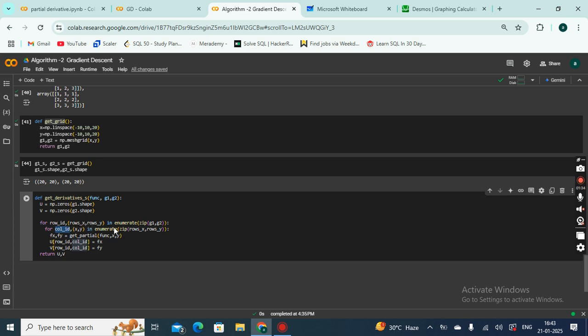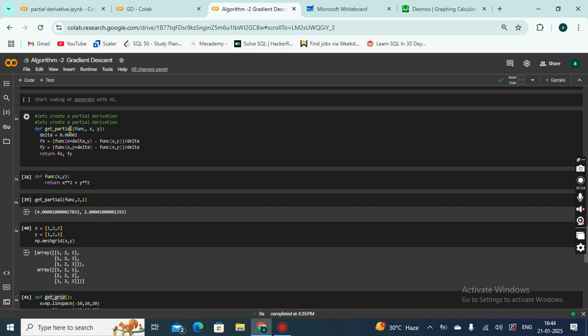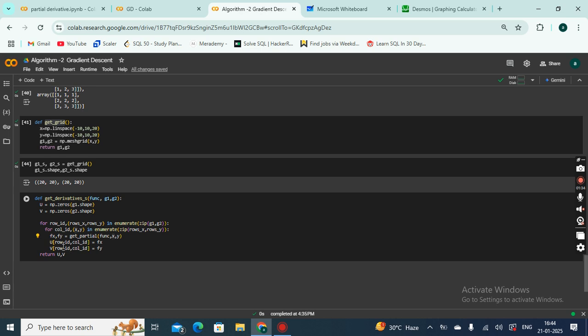After this, what I am doing is introducing my function back to this position. So I am writing f of xy, the same function which I have introduced here. Get partial. Once I get that, I am updating my u value and the v value, and I'm just returning uv